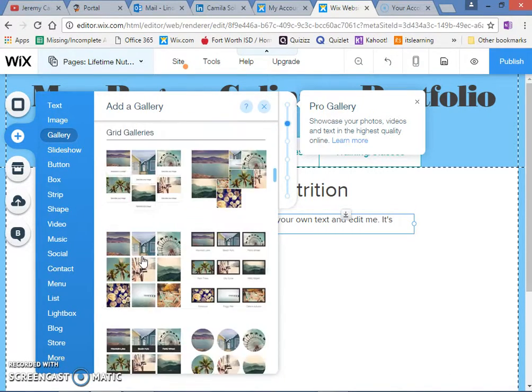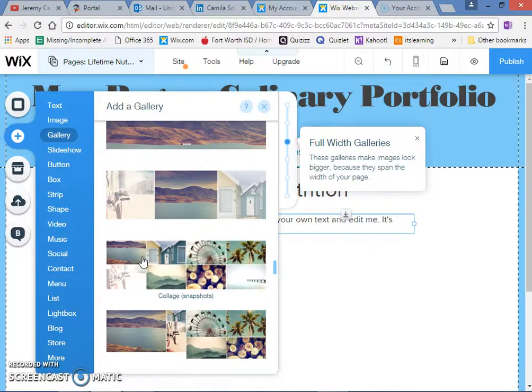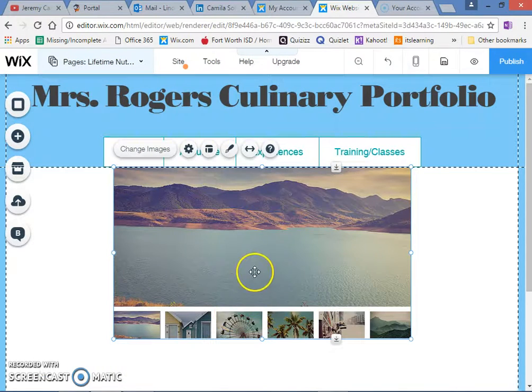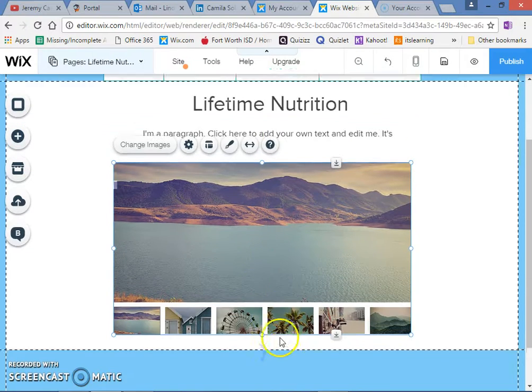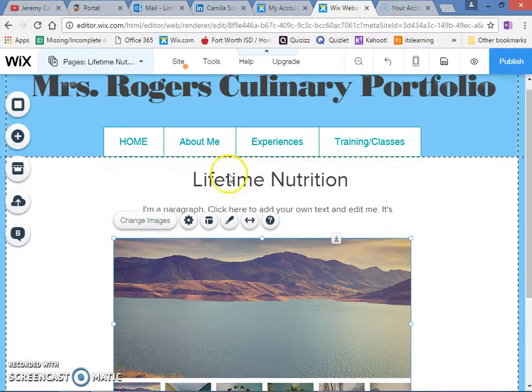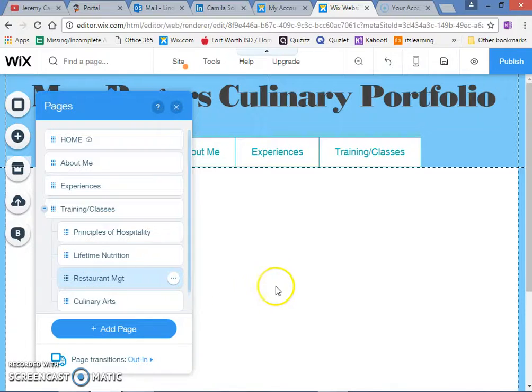If you do, then you can use one of the gallery options, the little slider gallery options like this, and then you can add your pictures in there. If you only have one picture, then just choose one picture and put in there, but if there's multiple, you can use this. And you'll just do the same thing for restaurant management. Restaurant management, you'll put your pictures from Restaurant Wars here. And then culinary arts,